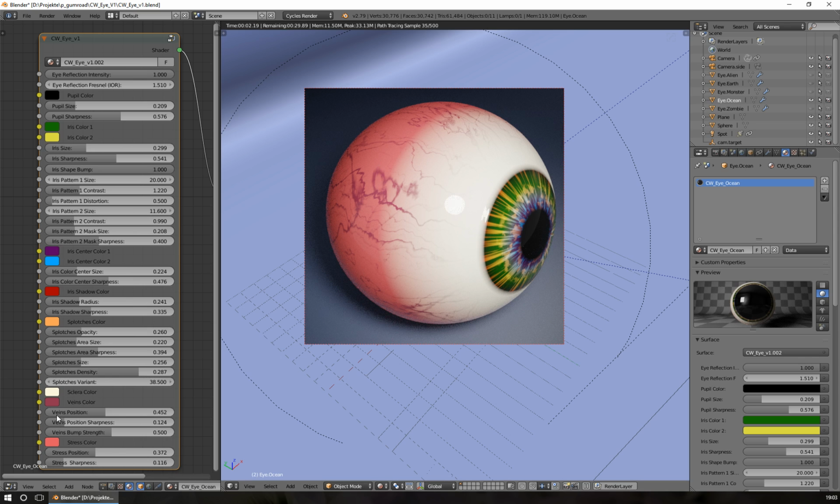And here, the next is the veins position. So I can change the position, for example. I can move the veins to the front or to the back, and so on. So if you are wondering why I can still see the veins here,